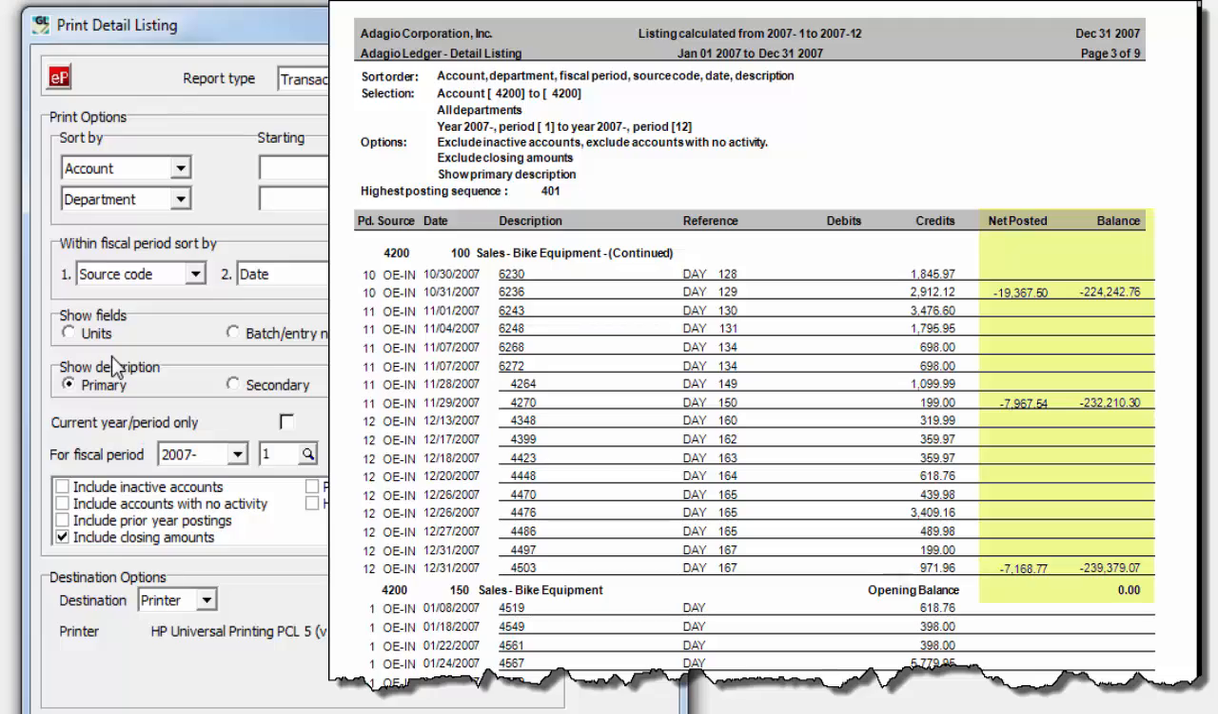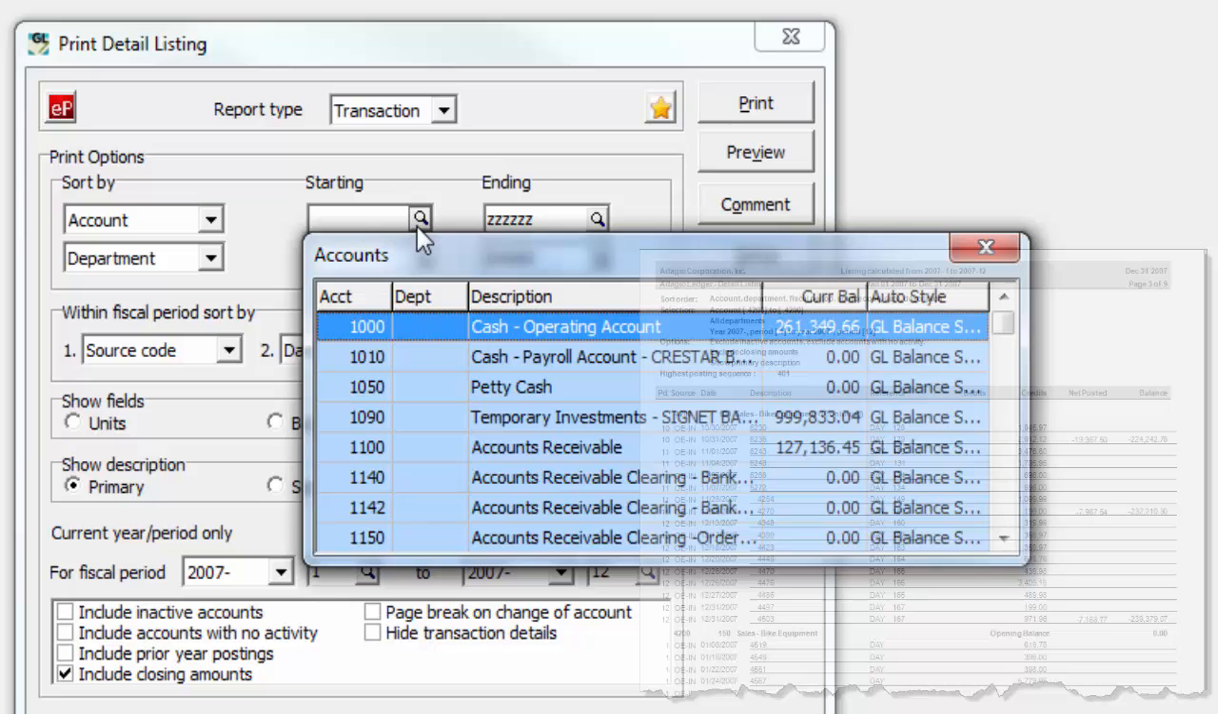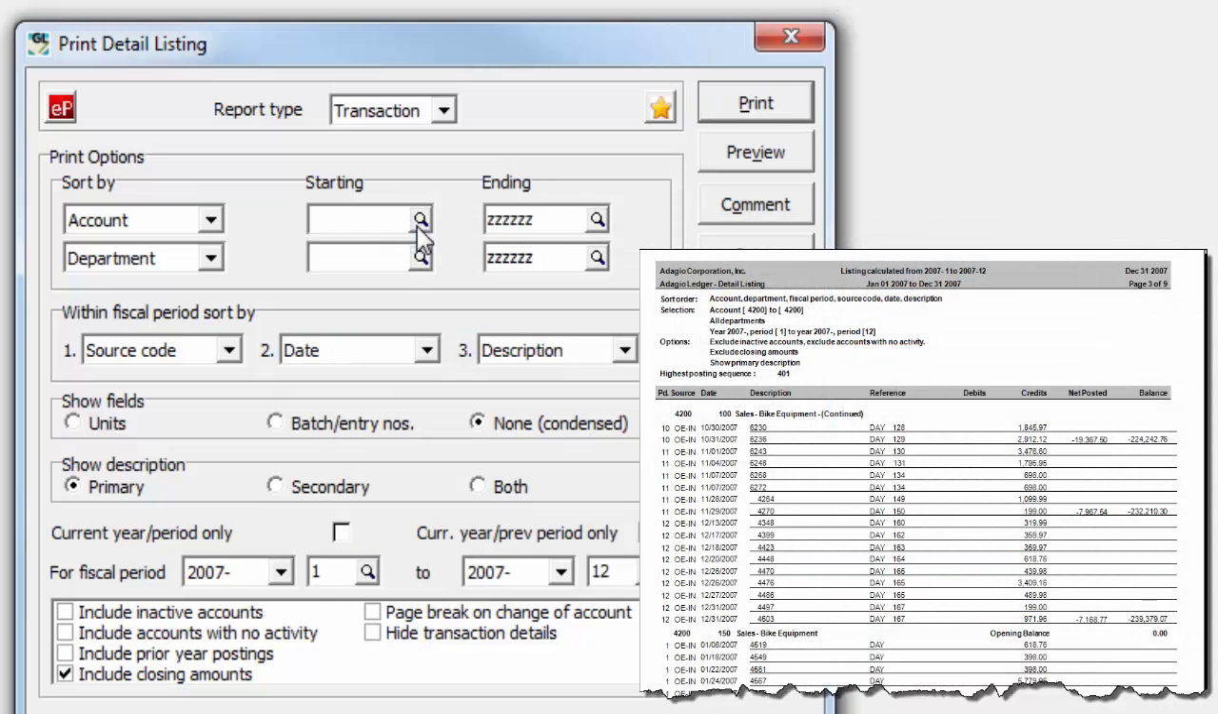changes by fiscal period. This report can be sorted either by account or by department, for the entire chart of accounts, or a range of either accounts or departments. Within this, transactions are grouped by fiscal period, and within each group, further sorting can be based on various fields